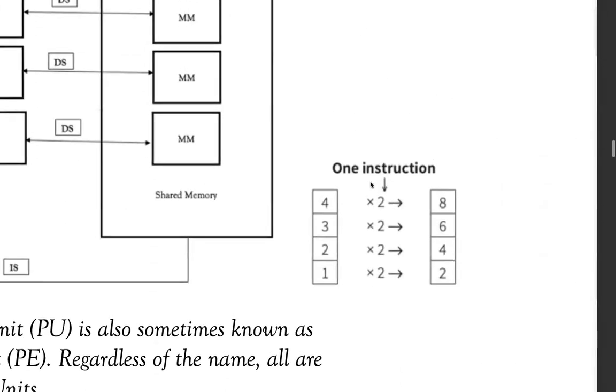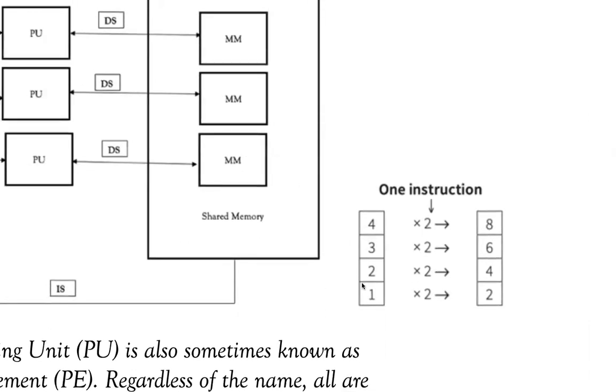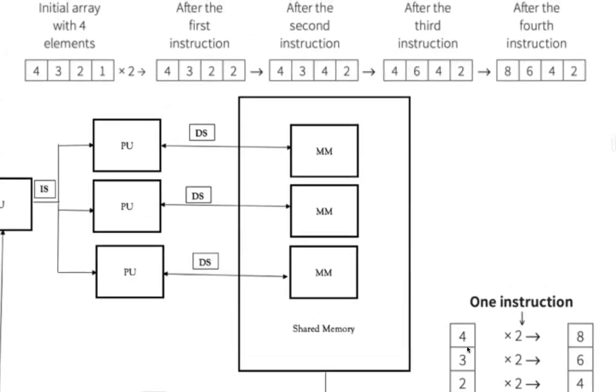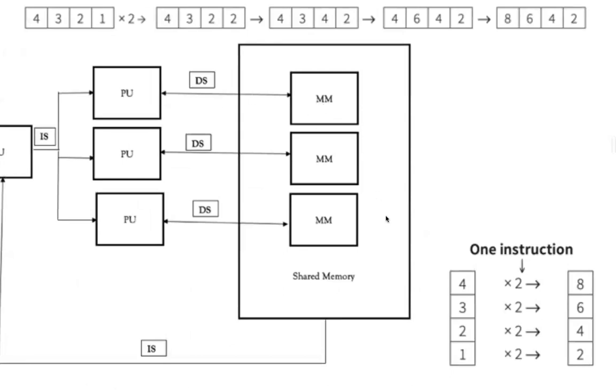So is it not possible that I have an array which has contiguous data values in separate addresses? Can these values not be stored in separate addresses? Yes, they can. And each memory module can represent a different address. So obviously these values are being fetched from different memory modules. When I talk about different memory modules, what I mean for this example is that these values are stored in a different address, this is a different address, this is a different address, this one different. So I'm referring to the memory module in this context as addresses. Each value is fetched from different memory modules, or you can say different addresses.